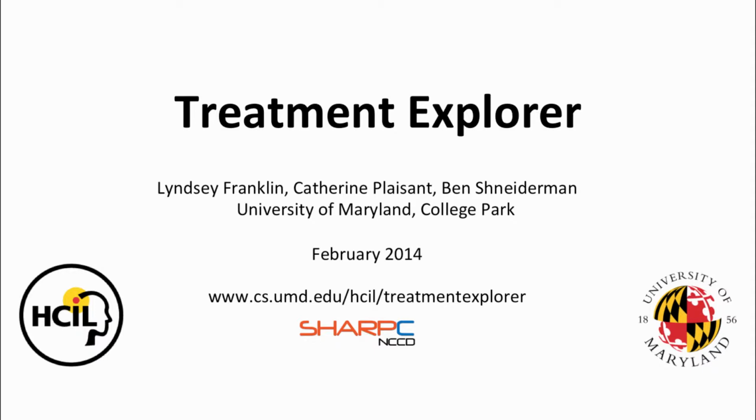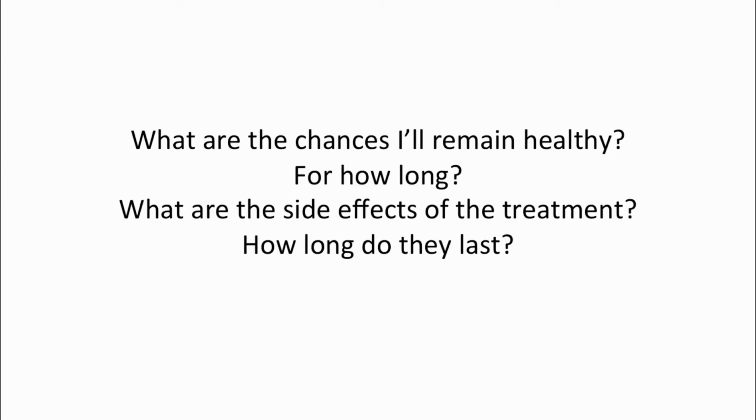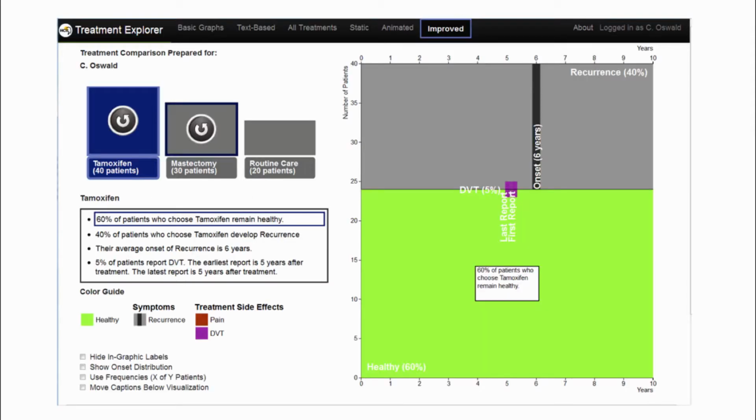Imagine that I was told I might have cancer. I look at multiple treatment options and wonder, what are the chances I'll remain healthy? How long? What about side effects? How long do they last? To help answer such complex questions, TreatmentExplorer proposes a novel way to visually summarize the data collected from similar patients